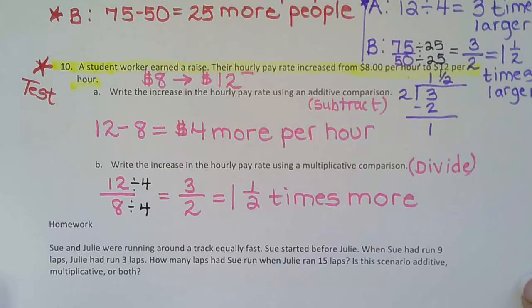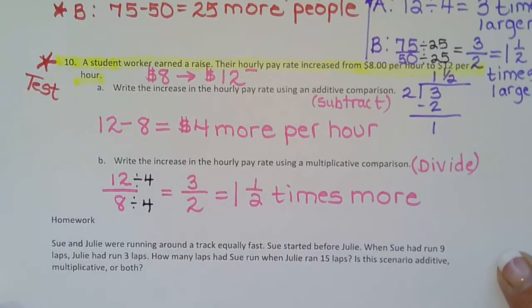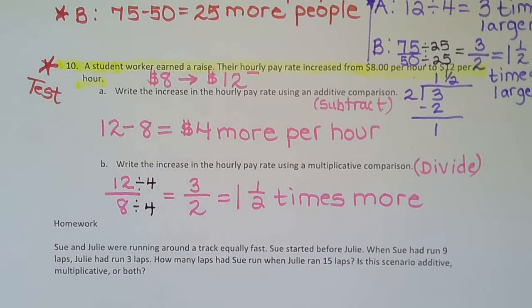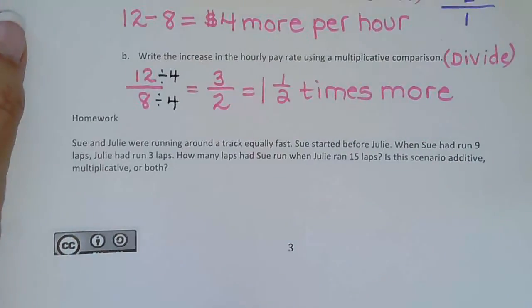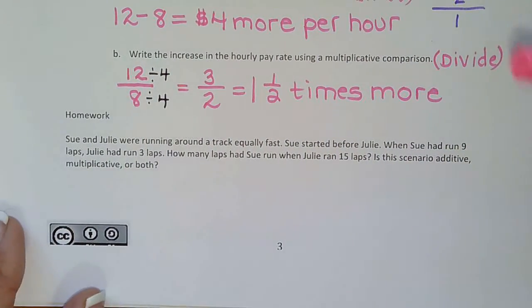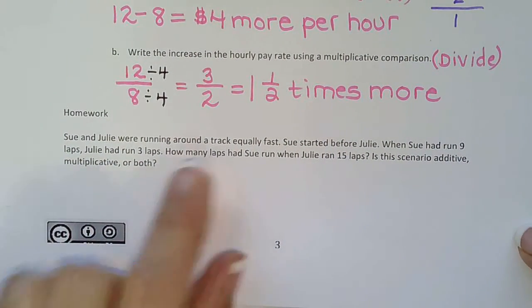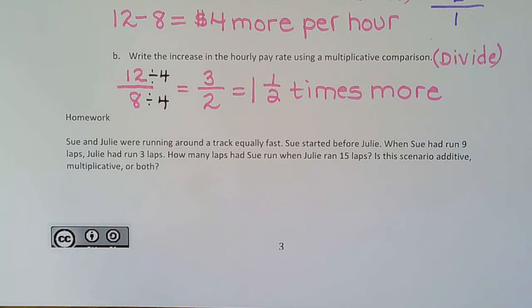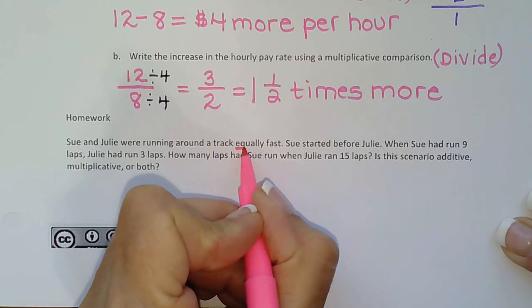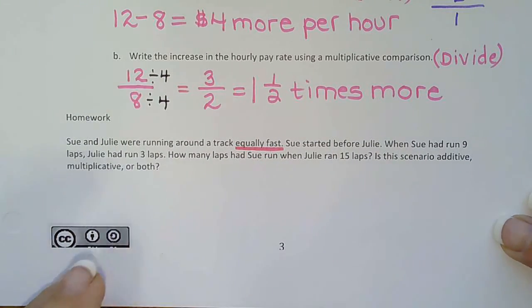Okay, last problem, and generally when we're in class, this is your homework problem, but we're all home, aren't we? So we'll do this together. So Sue and Julie were running around a track, and here's the key. They were going equally fast. So however far ahead someone is right now, they're going to stay